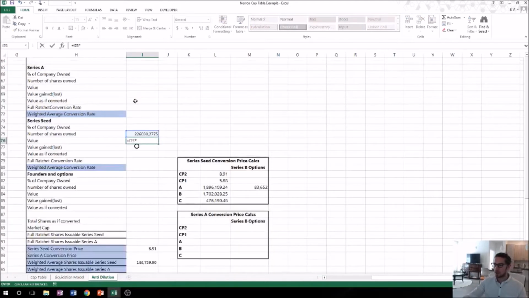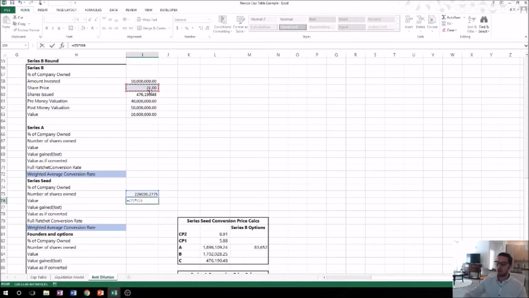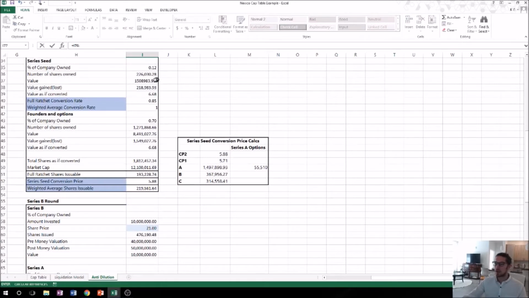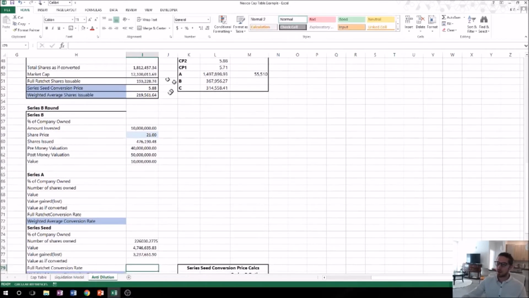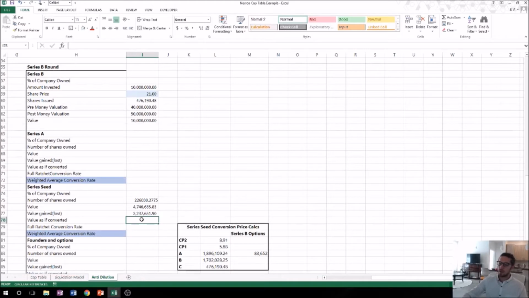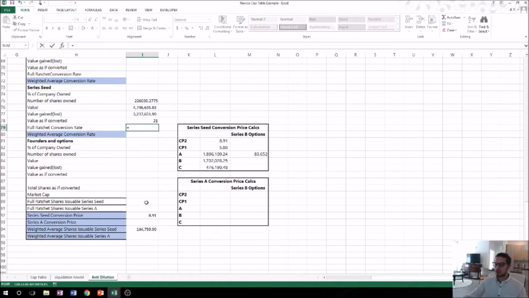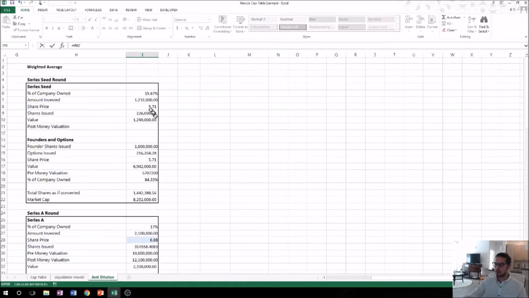Next, we'll just do value. These are all simple calculations that I think you will know how to do by now. But if you don't, then keep watching and we'll make sure you get it. So current value minus value from the previous round, value as if converted, and this should equal the share price. It does. And then the full ratchet conversion rate is something else we're going to do again. So the full ratchet conversion rate is going to be the full ratchet shares issuable for Series Seed divided by the original shares issued,